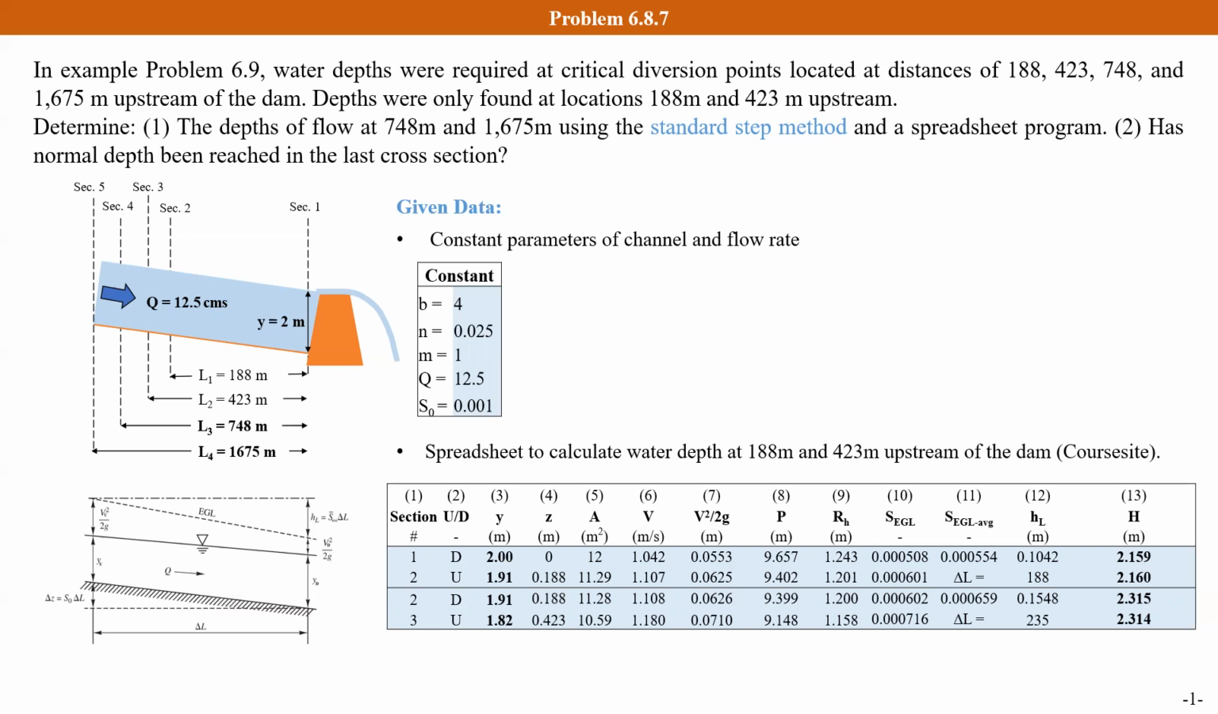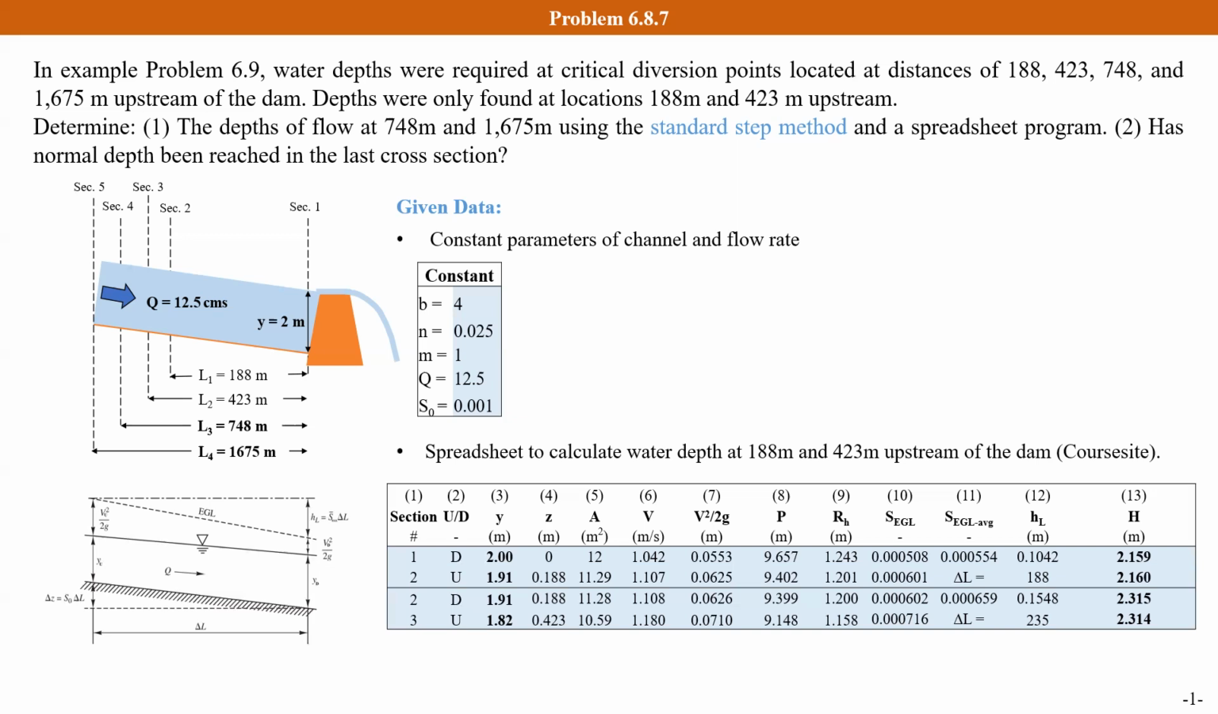So currently we have two kinds of data. The first one is we know the constant parameters of channel and flow rate. Second, because the spreadsheet on the course site has already input the equations to calculate the water depth at 188 meter and 423 meter upstream, what we should do is to complete this table to calculate the water depth at another two